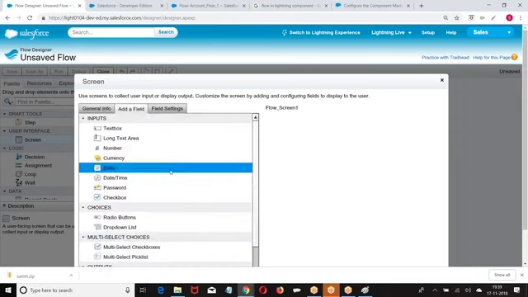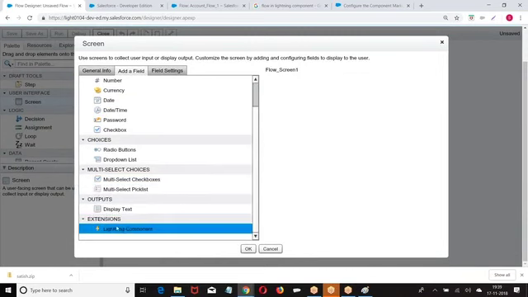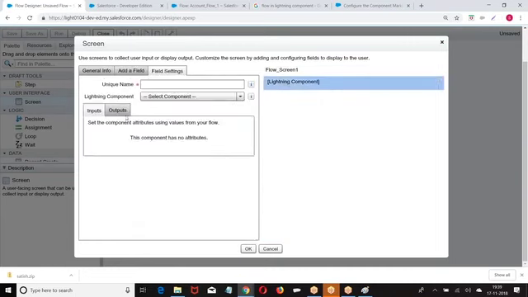Add the field. If you scroll down, what are you finding here? Lightning. Drag and drop. Click on this.